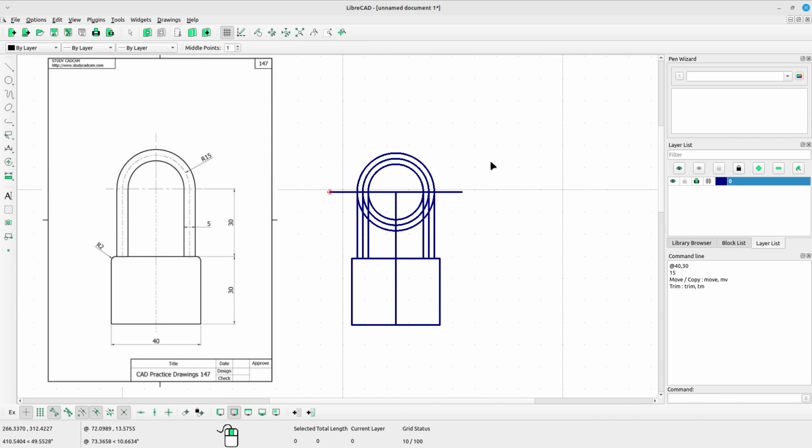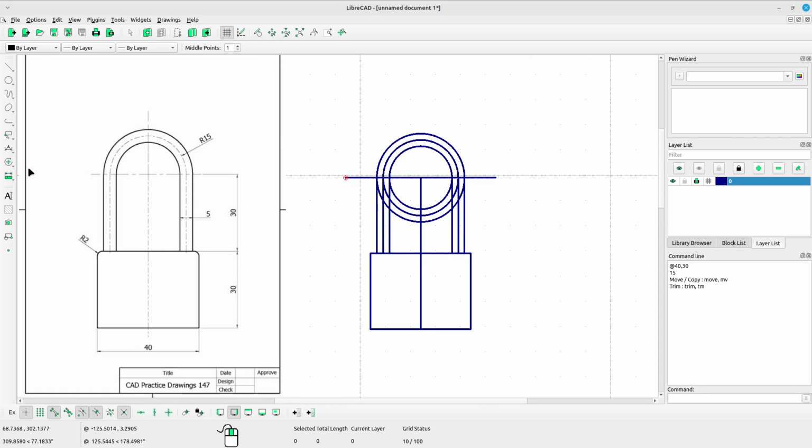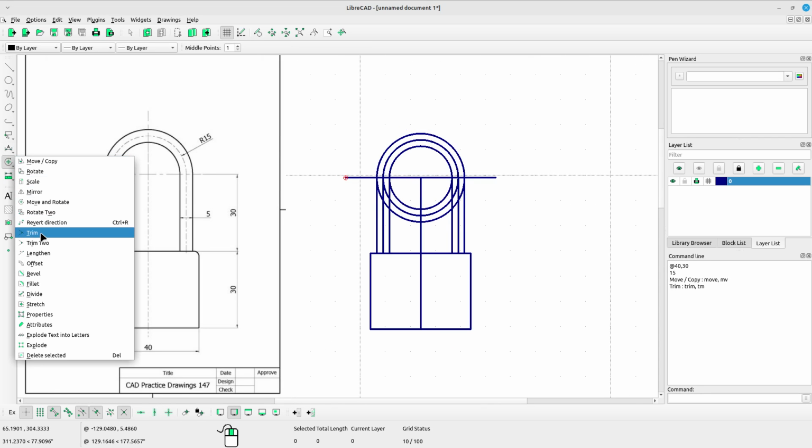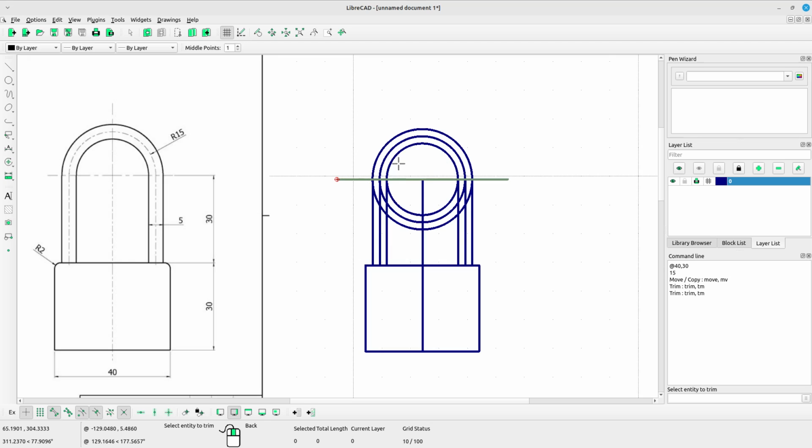Alright, click to escape. And now select the trim tool, select trim, left click at the horizontal line, and left click at the circle we want to trim. Okay, nice. Right click to escape, right click again.